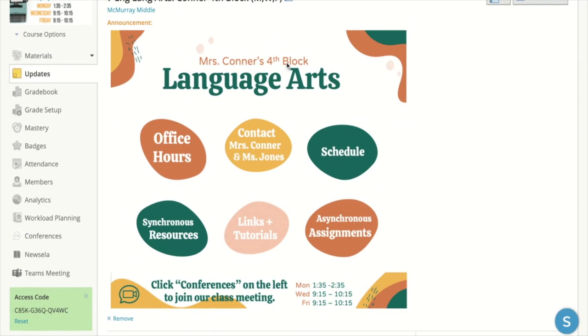Even if you're not in my fourth block, everything should look pretty much like this, but with your class information on there. What I'm going to show you is what each little button does and when we're going to use them in class. So first, if you were to click office hours, that will open the Teams meeting where I am holding office hours. I'm not going to click that because that'll take us to a different application, but this is what you want to click if you are trying to come to my actual office hours that start at